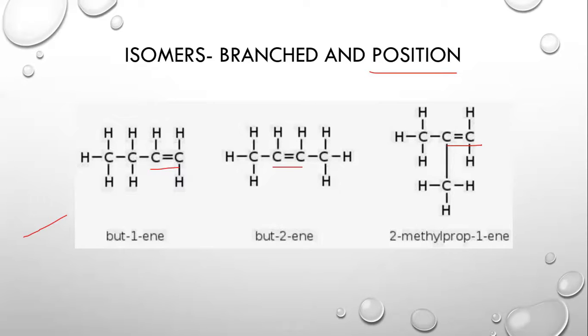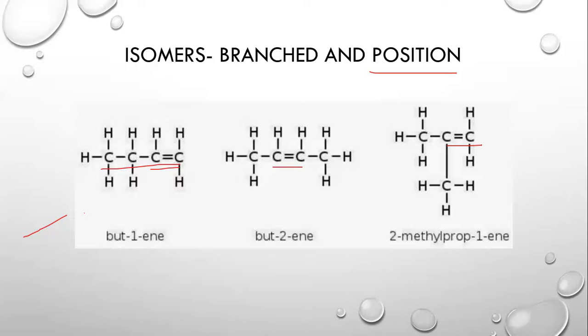Now, how are we going to identify and name the position isomers? First of all, the first structure does not have any branch attached, such as methyl, ethyl. Any alkyl group is not attached, and any other kind of branch is not attached, and there's a continuous carbon chain. This tells us that this is not a branched isomer.